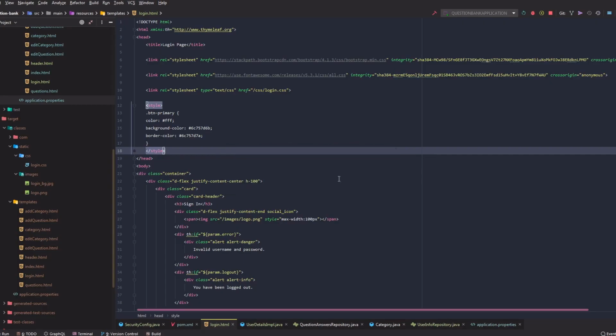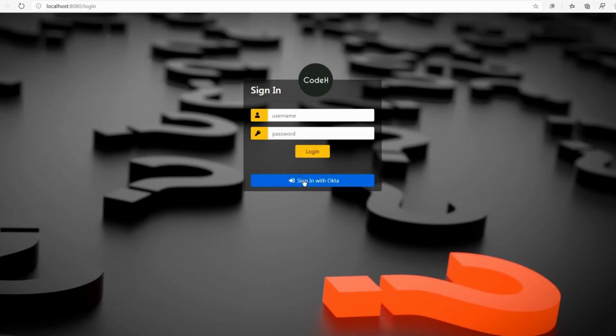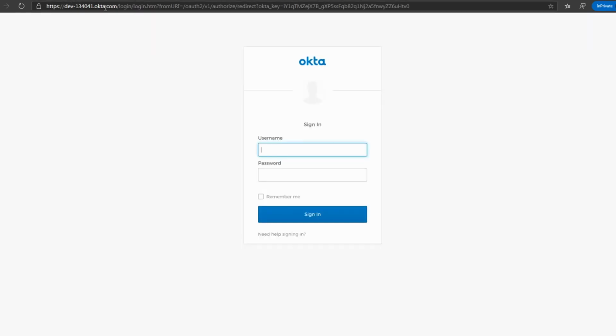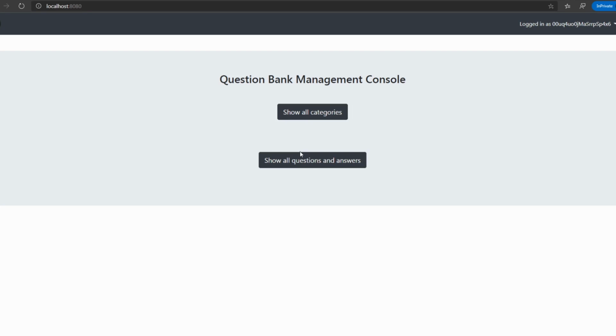Run the application. We can now see the Sign in with Okta button below the login form in our custom login page. Do make sure to log out of your Okta developer account before clicking on this button, or open this application in incognito mode. Otherwise, you might not even be prompted for Okta login. Click on that button. Provide your credentials in the Okta login page and sign in. The request goes through the OAuth authorization code flow that we discussed earlier, and it finally redirects to our application's home page. We have now successfully implemented single sign-on for our application.